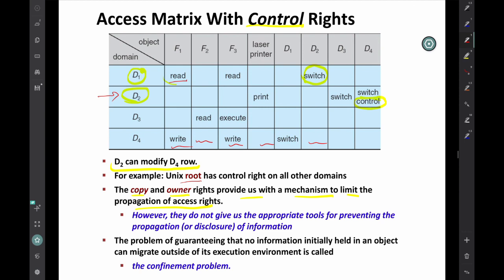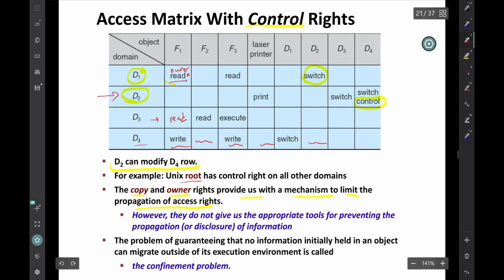Let's say that this is an owner. So if this is an owner, and it has this read star, it can also grant others read access. So it can, for example, give D3 read access. But D3 has only read access, not read star, because it means that D3 cannot give, say, read access